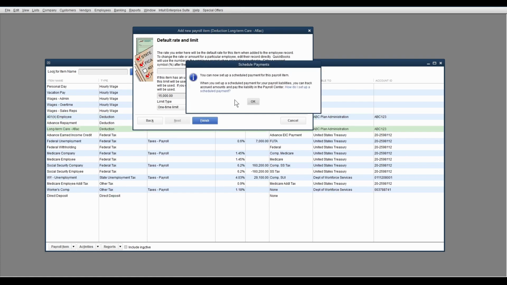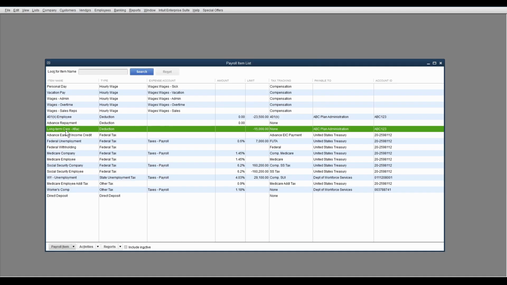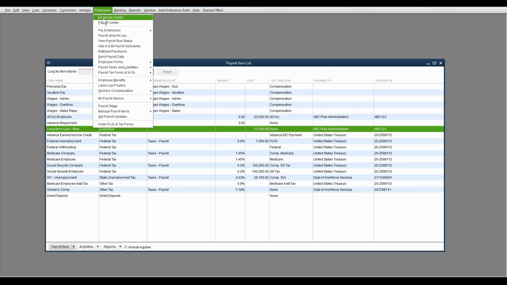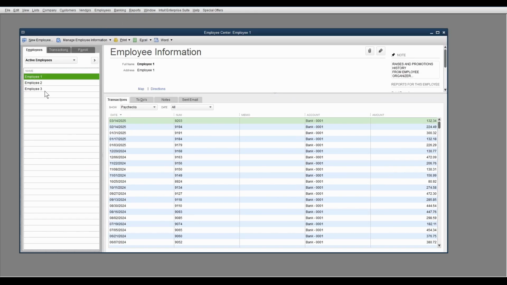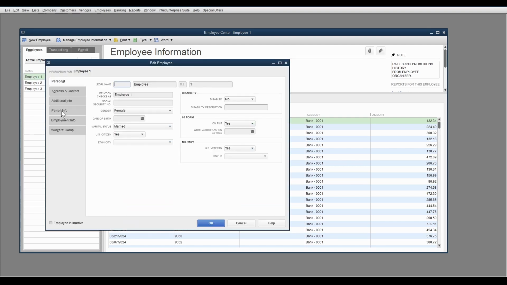You will be prompted to set up a scheduled payment for this payroll item. I am not handling that in this video, so just click OK. And then you will see your long-term Aflac deduction listed in your payroll items. Now it's time to add the items to the applicable employees. Go up to the top menu and select Employees and Employee Center. My report says that Employee 1 is the only one with these benefits, so double-click Employee 1 and go to